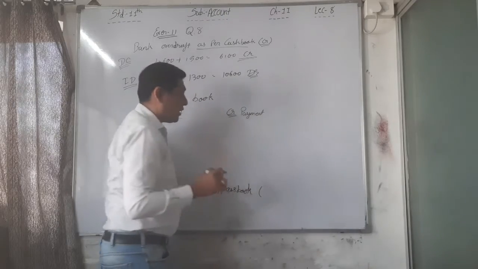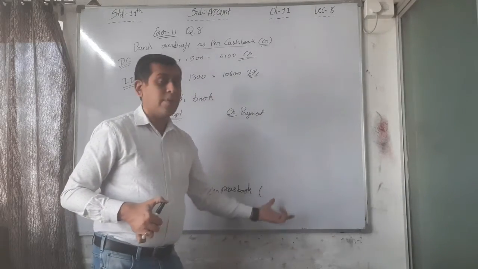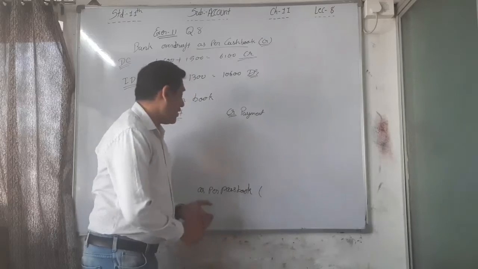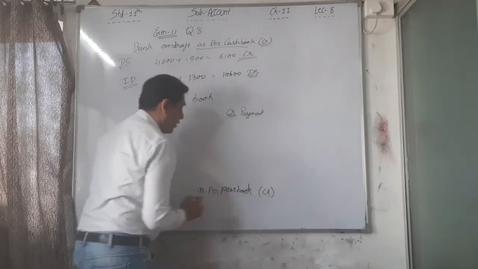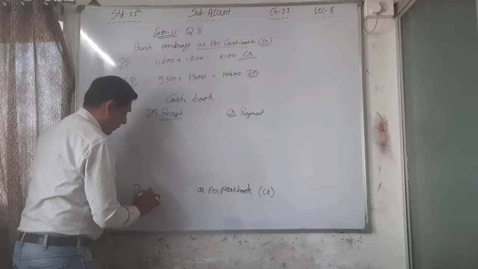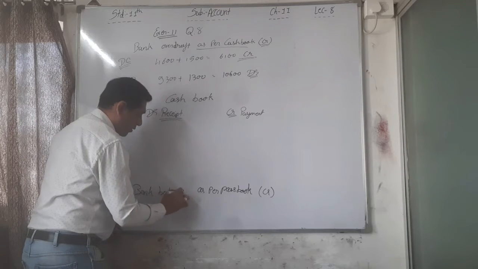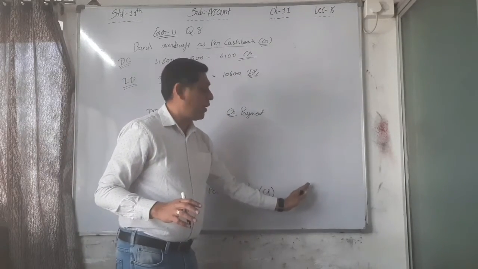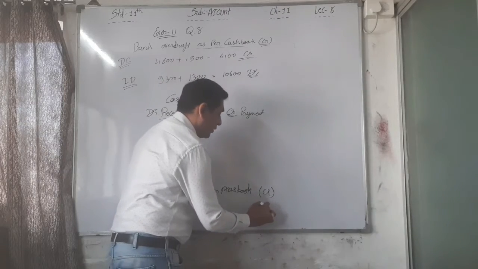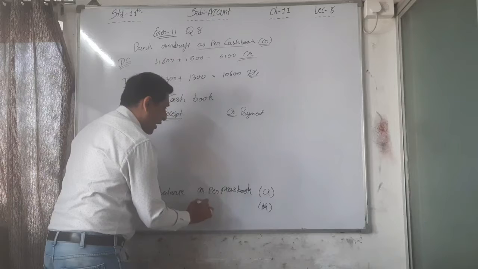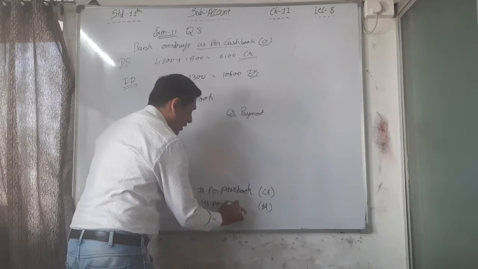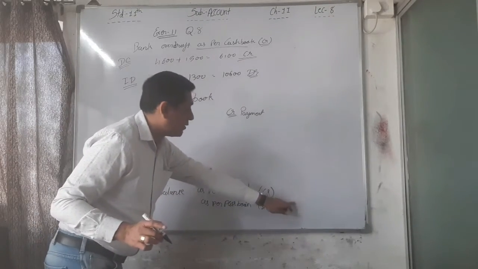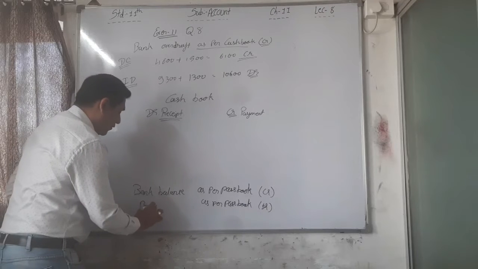Now make the total on both sides. If the total on the debit side is higher, then find out the difference and write it on the credit side. If the credit difference is there, then you can say bank balance as per passbook. And if the credit side total is higher, you have to find out the difference on the debit side, as per passbook as it is. Because the starting point is as per cash book, the ending point is as per passbook. If the debit side difference is there, then you have to write down bank overdraft.